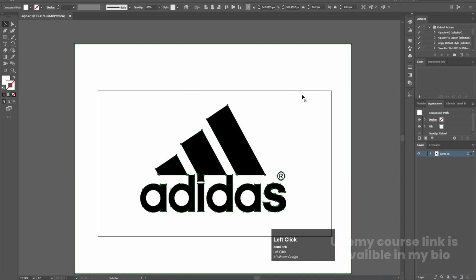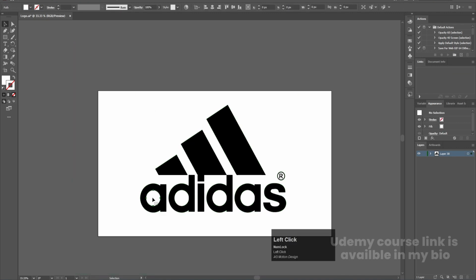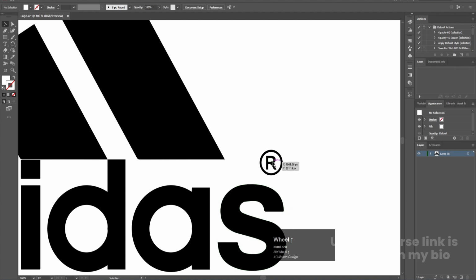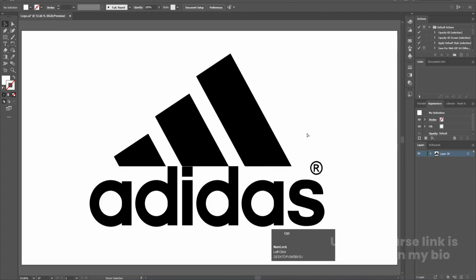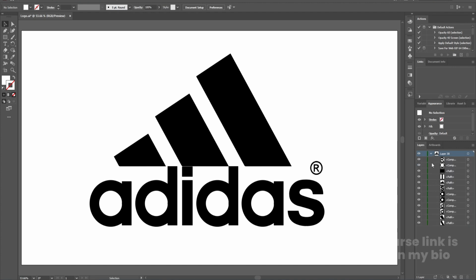Simply select this white portion and hit delete. Similarly, those areas where the white portion is visible, simply delete them. Similarly, if you see over here in R, we have this white portion as well as this white portion, so simply delete those portions. Okay, and if you go over here, as you guys can see, each and every section is properly on a